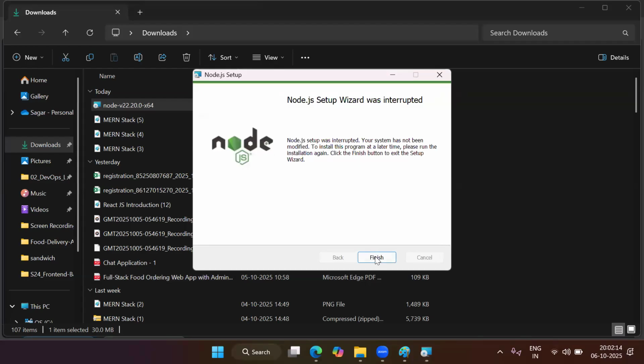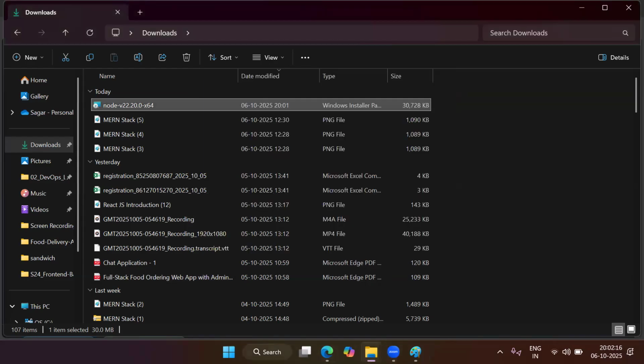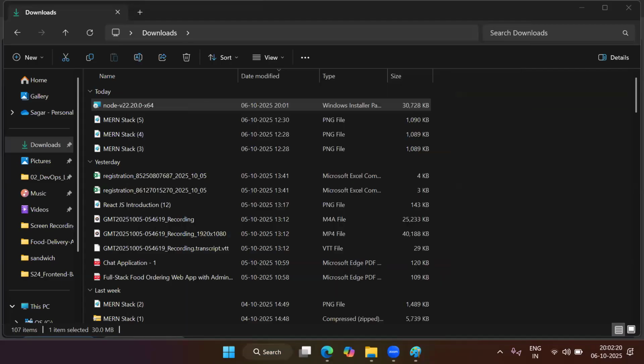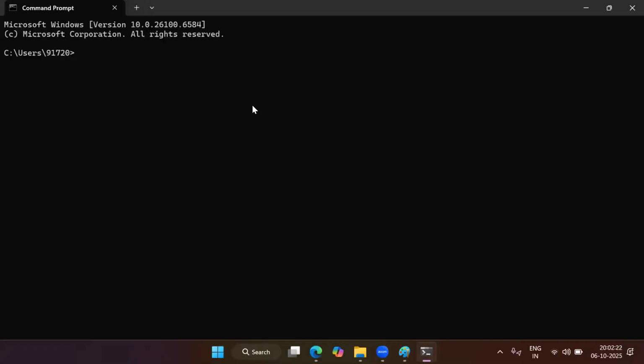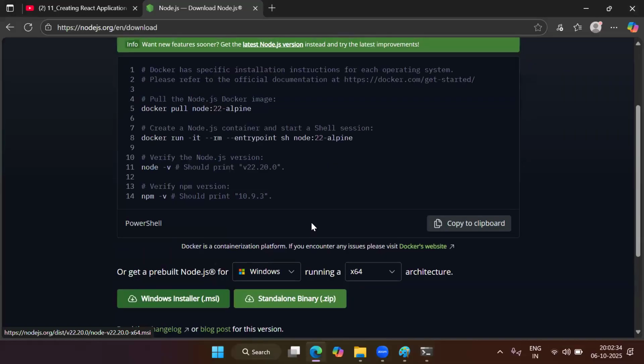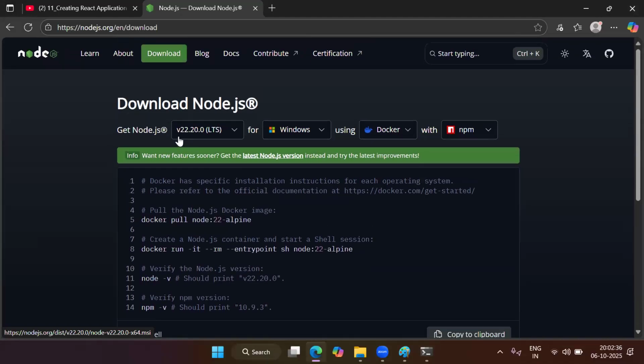Once it is installed in your system, open your command prompt and check what version of Node.js you have right now. So node space -v. Right now I have version 22.17, but let's check the latest version. The latest version is version 22 only, but .20.